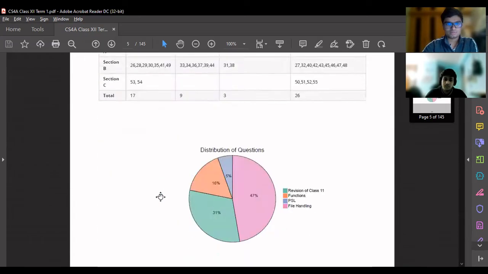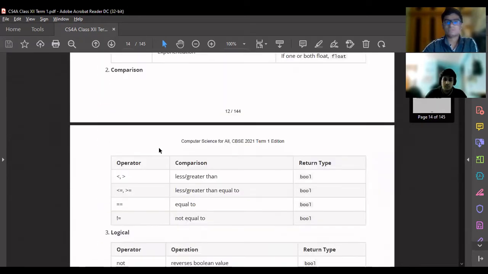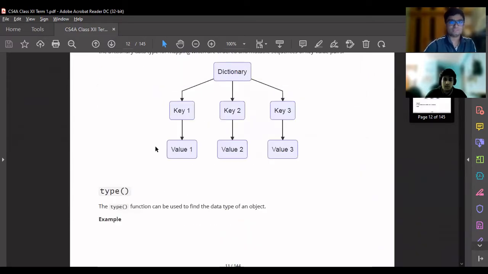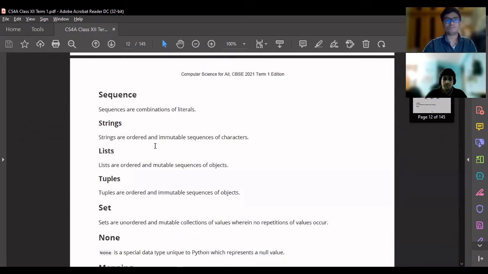All right. So that link doesn't work. I'll scroll down. That's fine. So let's look at chapter 1. This is the first chapter, revision of class 11, right? And we have explained all the concepts. We have made it in a concise way and detailed at the same time.